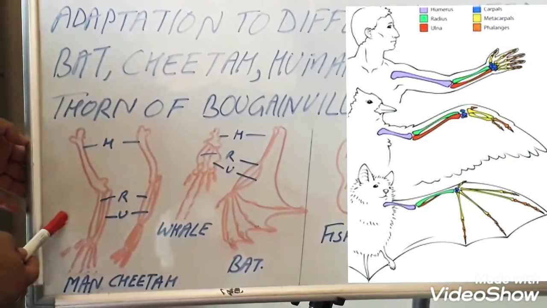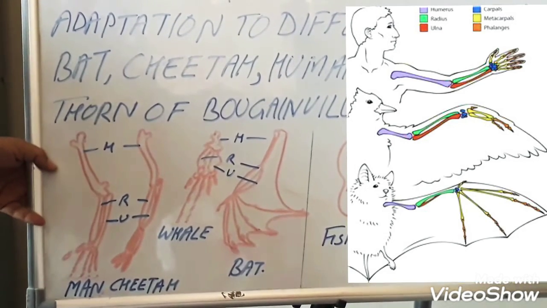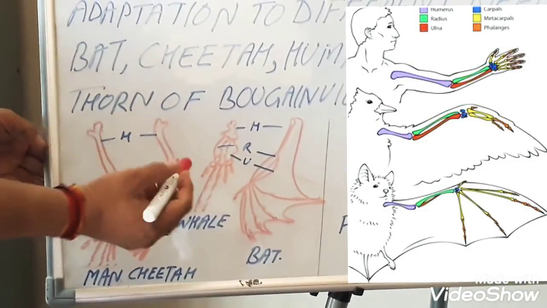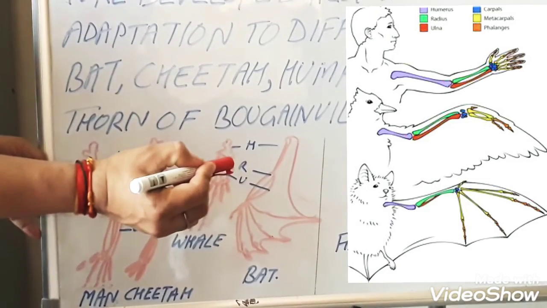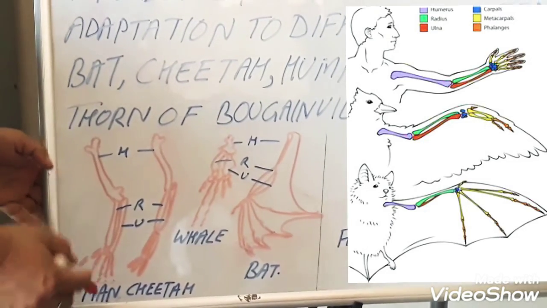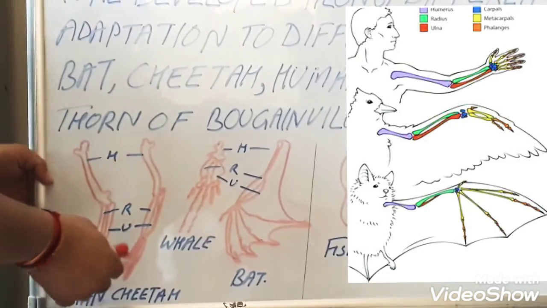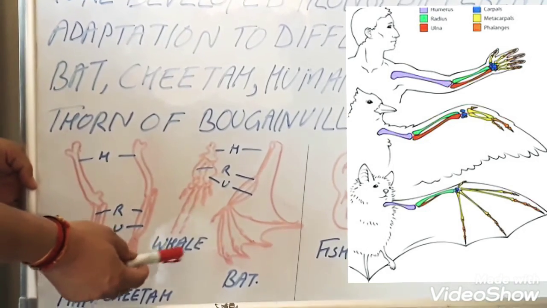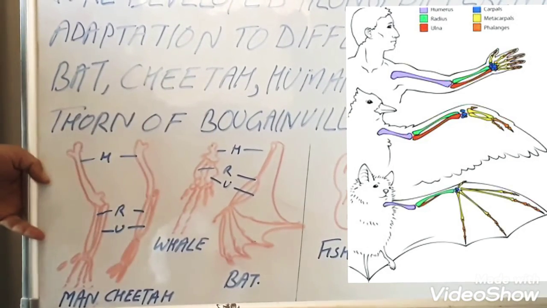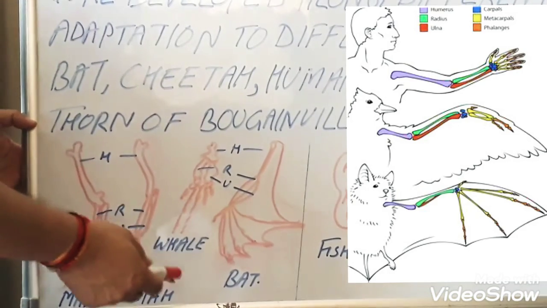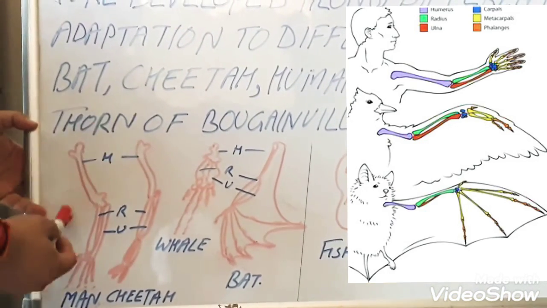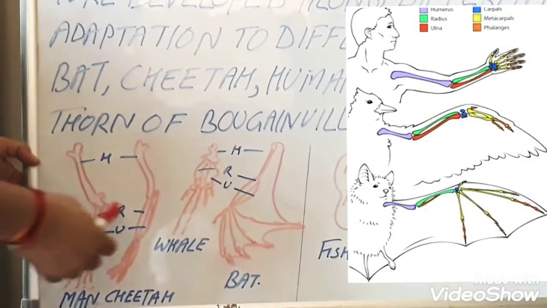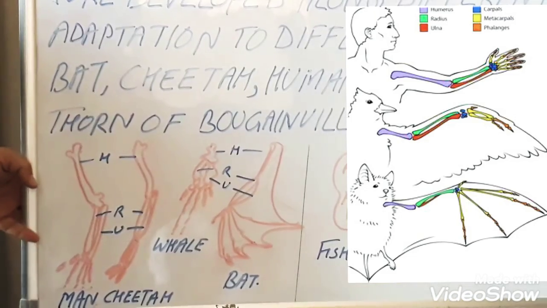For example, human hands or forelimbs are meant for different kinds of work, just like gripping a pen, and they perform all functions by means of their hands, while a cheetah can run very fast using its forelimbs. Likewise, whales can swim in water while bats can fly. So these organs state that the ancestors of all such animals are common. Now,